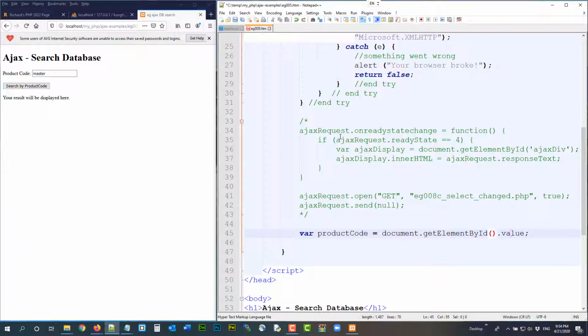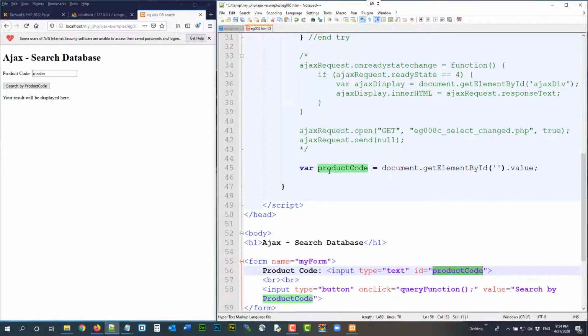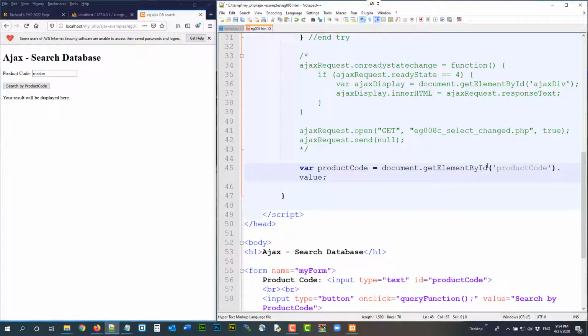Alright, so it's a bit confusing here. The product code here is just the ID in the HTML, whilst the product code here is actually a JavaScript variable. So they are different things. Just to prove that it works,